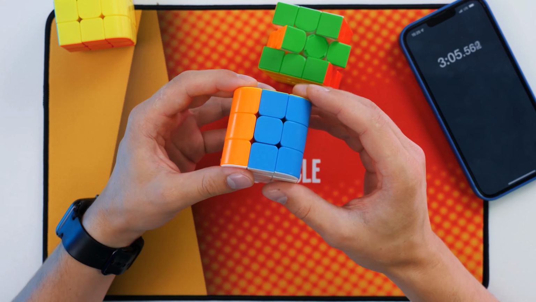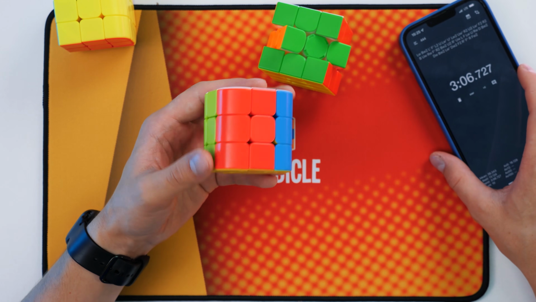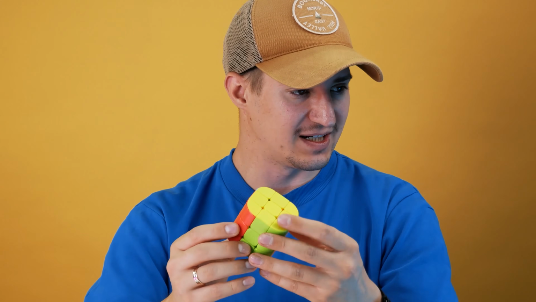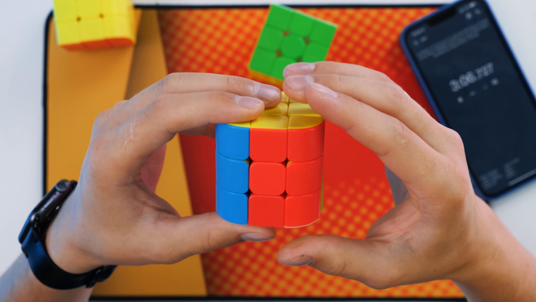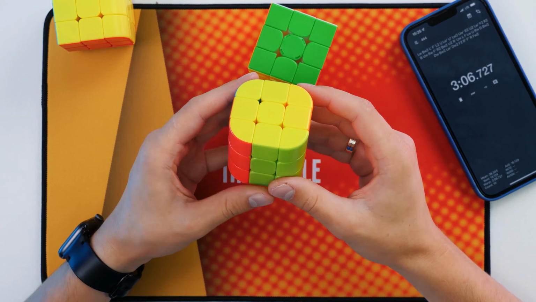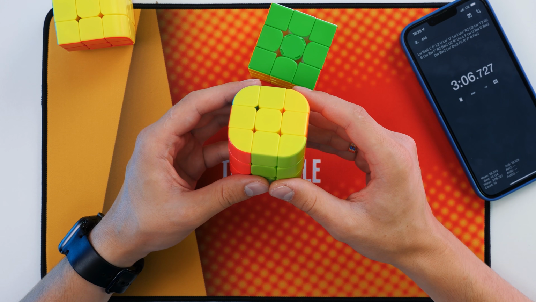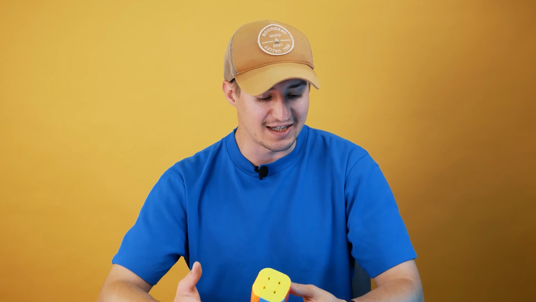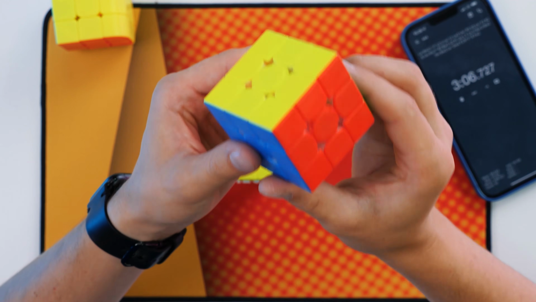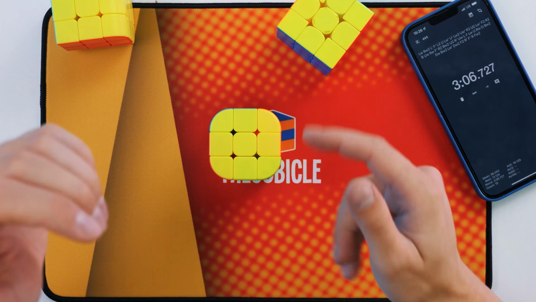Huh! We picked the right algorithm, and pretty quickly, in 3 minutes, just knowing how to solve a 3x3 cube, I solved this 3x3 barrel cube. The interesting thing is that I just remembered how it looked when it was solved, and when it was scrambled, I had no difficulty. So, if you know how to solve 3x3, you can solve any kind of shape mod. Some will certainly be easier, the others more difficult, but if you can solve a normal 3x3 cube, you will be able to solve other versions of it.